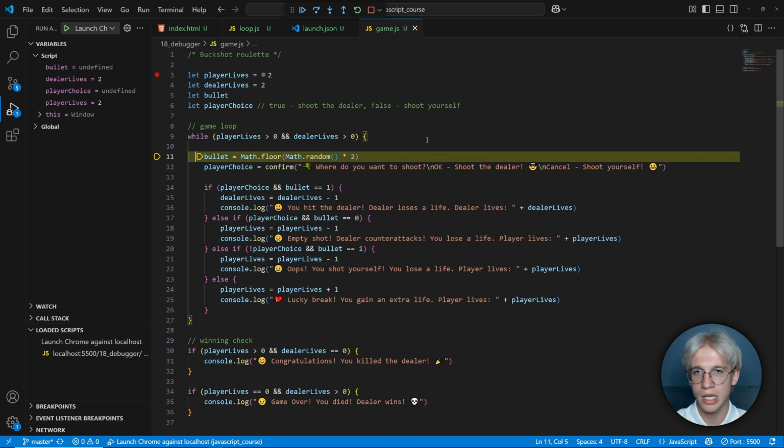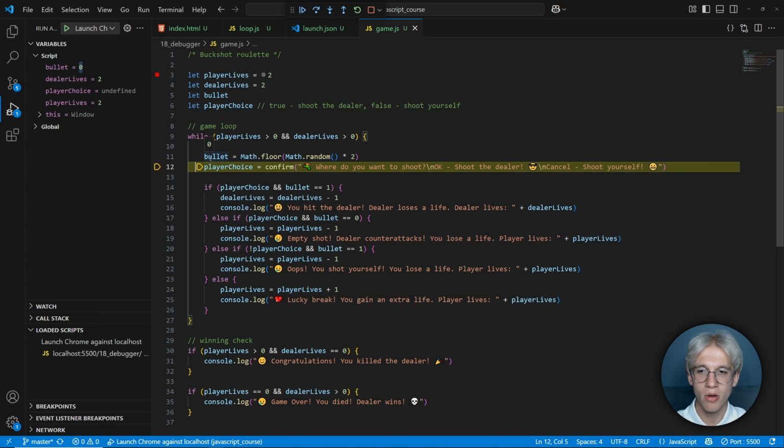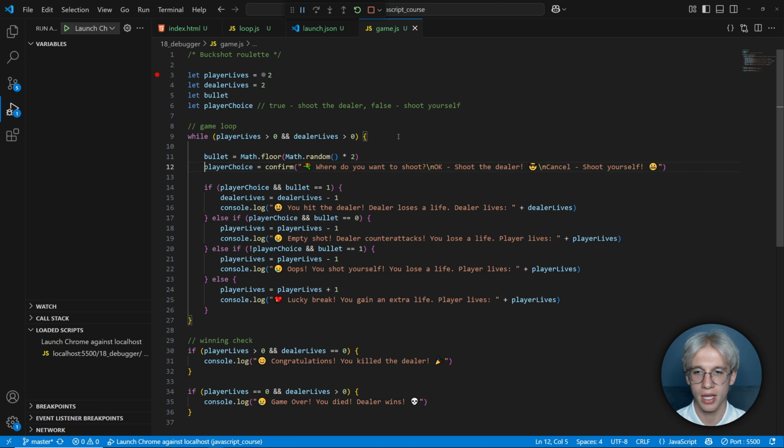Here is also one interesting thing. Now I have a variable bullet, and we will randomly assign 0 or 1 to this variable. If I press step into, now I see that my bullet equals 0. Then we have the player choice variable. If I press step into, it seems that we finished our debugging, but I still have these debugging tools, and